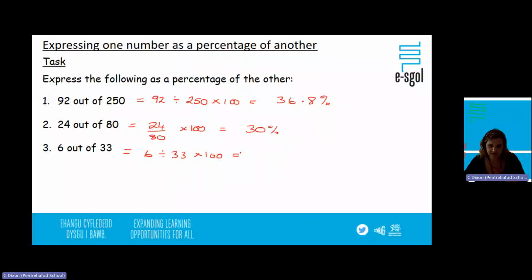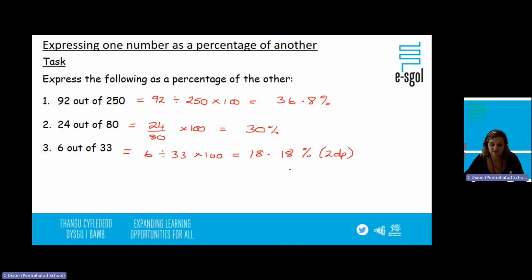Now then, the calculator gives you quite a long answer here. Okay, so it's 18.18. So this is where what we did at the start is going to help you. Okay, so this I'm going to round to 2 decimal places. So 18.18. Okay, and that would have continued there,